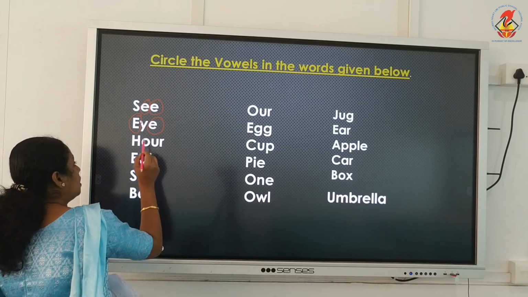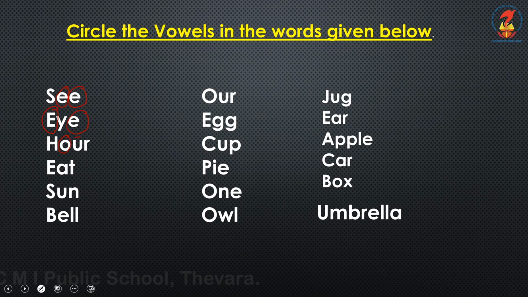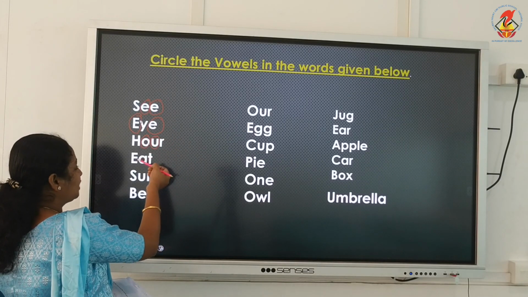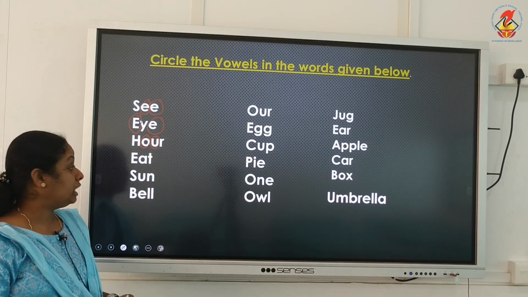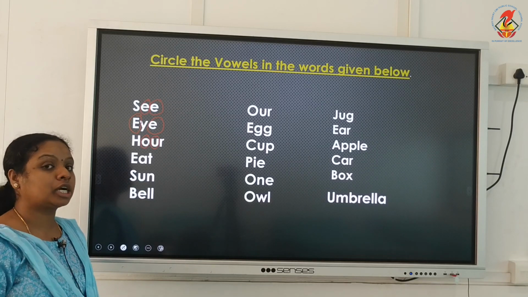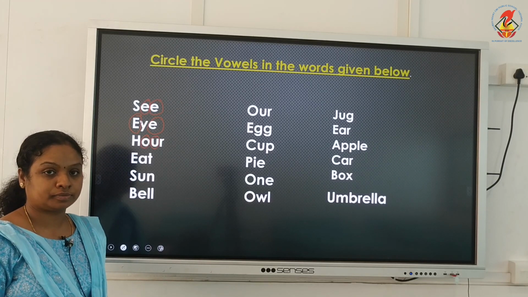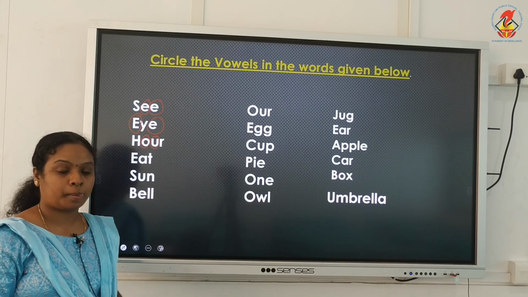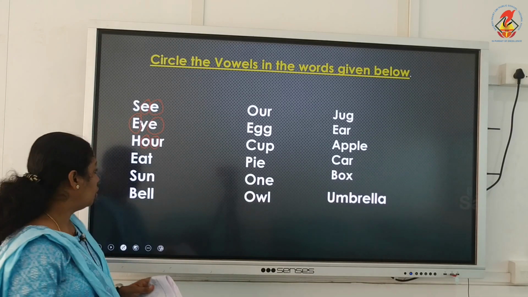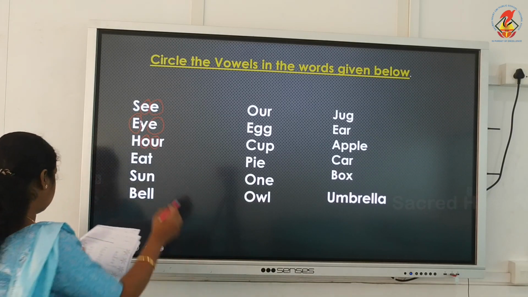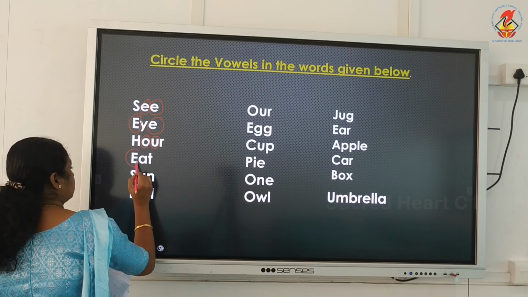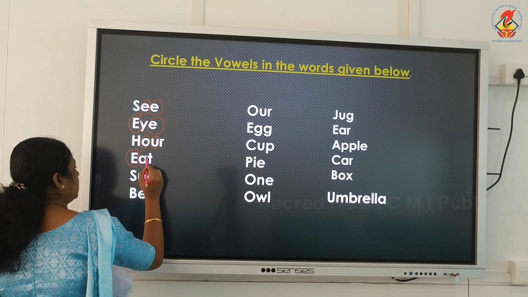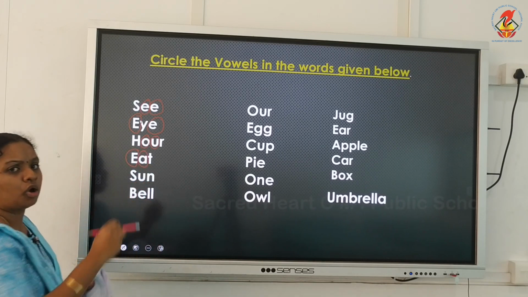That is O and U. You have to circle O and U. Okay. So, can you do the next one, the fourth one? E-A-T, eat. You just circle only the vowels. Did you? Okay. So, can you see which are the vowels, children? That is E and A. Do you want to circle T? No, isn't it? It's a consonant.